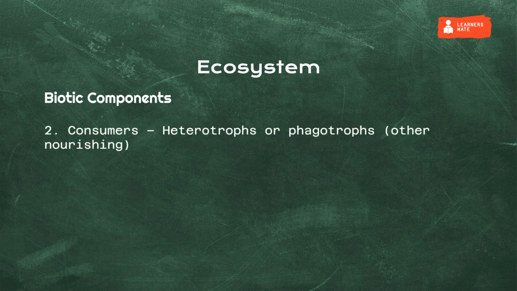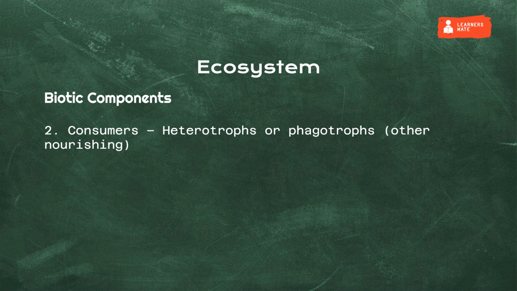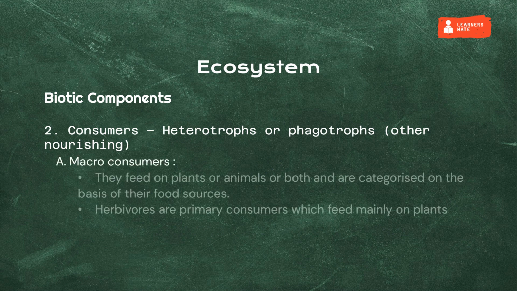Consumers or heterotrophs. Consumers are incapable of producing their own food. They depend on organic food derived from plants, animals, or both. Consumers can be divided into two broad groups, namely macro and micro consumers. The macro consumers feed on plants or animals or both and are categorized on the basis of their food